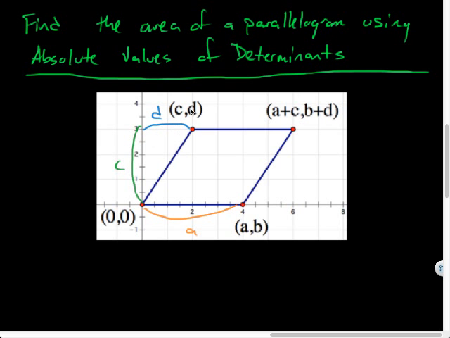Right, so there's the point C, D. And then this third point, if it's going to be a parallelogram, is actually going to be predefined by its location. There's no other option for it other than this arrangement. So A plus C,